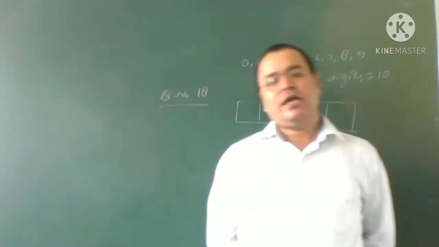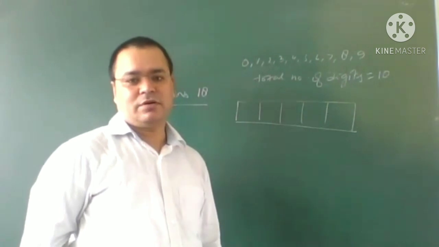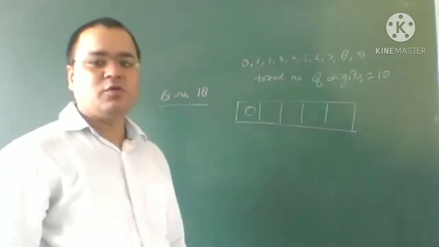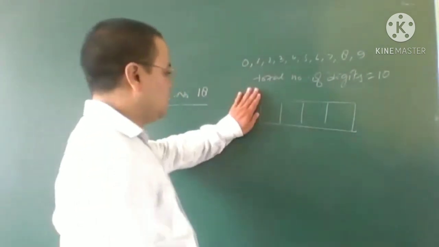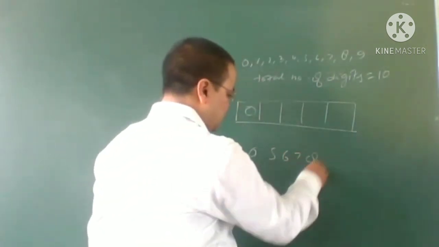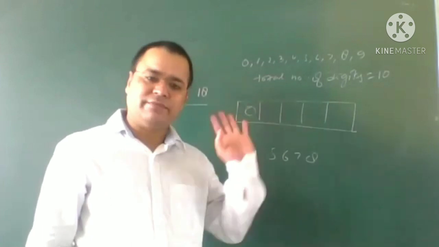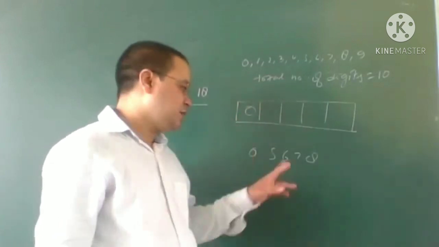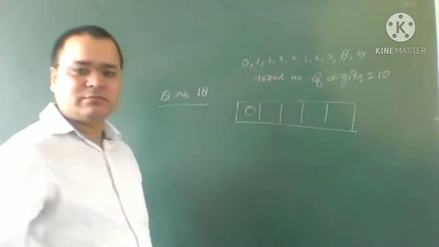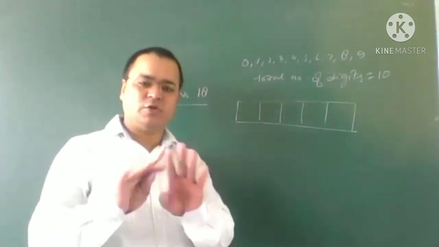But listen, how many numbers can we place at the first position? Only 9. We cannot put 0 here. You know why? Because if we put 0 here, the number of digits will be 4. Can we write 0, 5, 6, 7, 8, 9, 6? But how many digits does this number have? Meaningfully, it has only 4 digits. So we are not going to write 0 here.